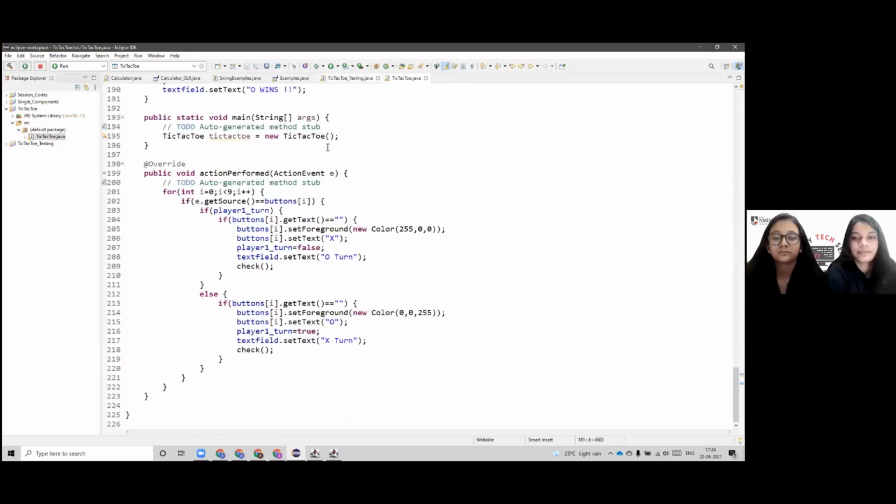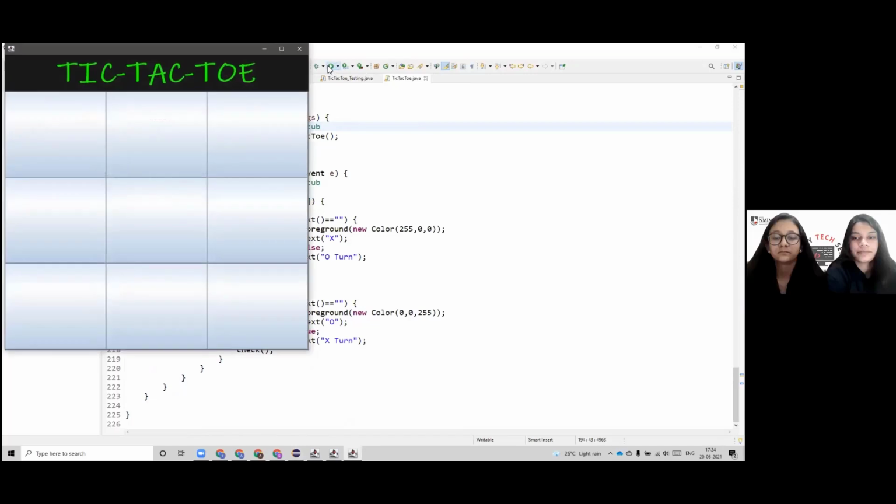Ayushi, let us now play a game to check whether we did the code correctly or not. Yes, sure. At what index would you like to play, Anushka? Firstly, maybe on 5th index.